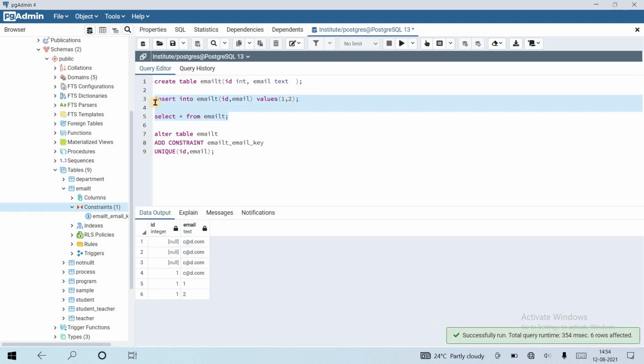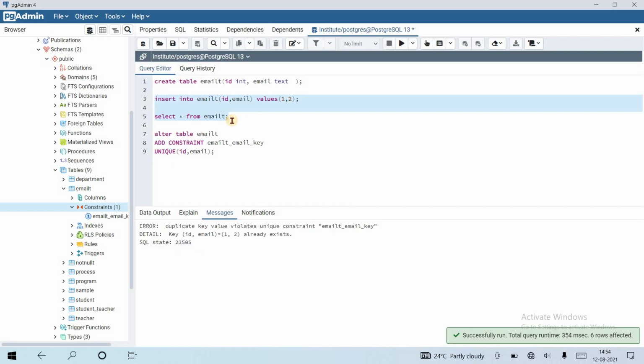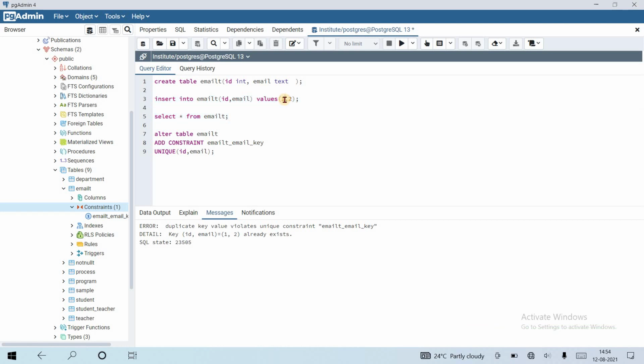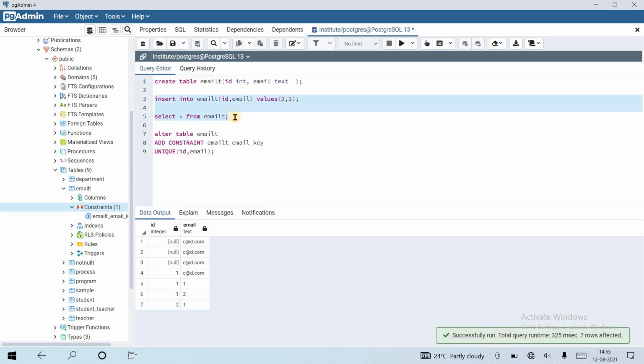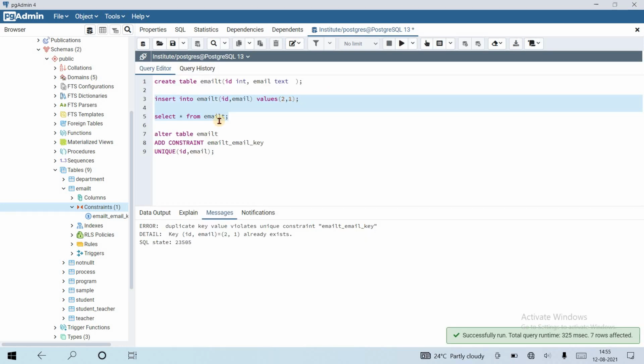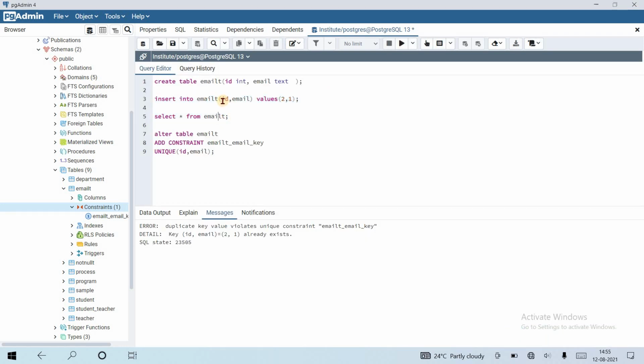It is inserted. We cannot run this again because it gives an error. What if I insert 2, 1? 1, 2 and 2, 1 are both different, so it does not give an error. If I run this again, then it gives an error. So you understand that this is the combination of two columns in a unique key.